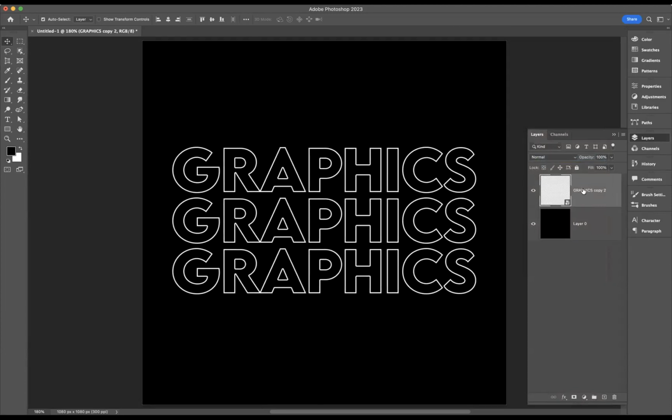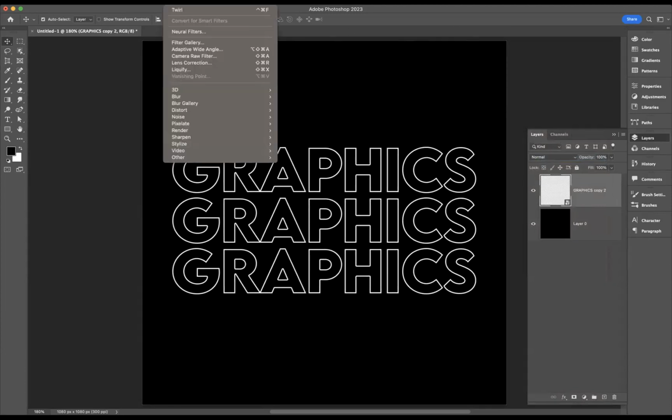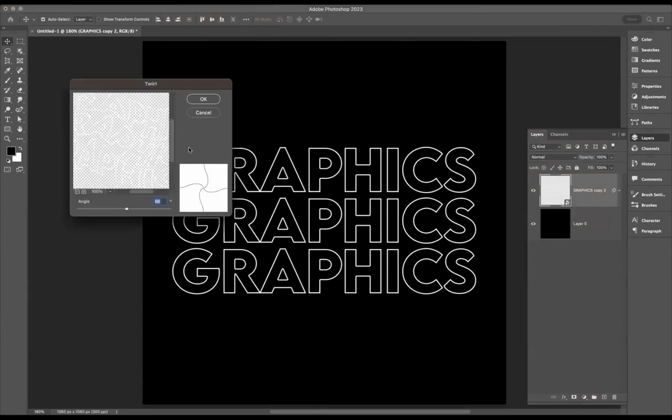And with that layer still highlighted, I'm now going to come to Filter, Distort, Twirl. We can manipulate the twirl angle here if we needed to. Here, let's say, but I'm going to leave it around probably in the sort of 60-ish mark. And now if I press OK,